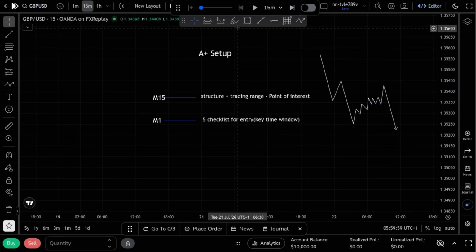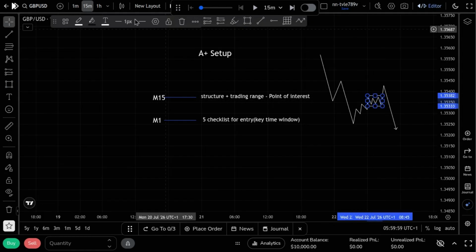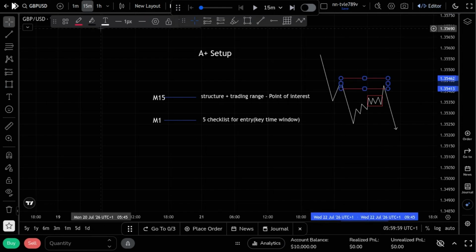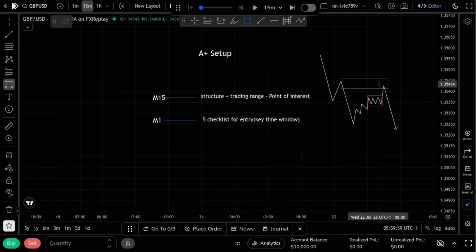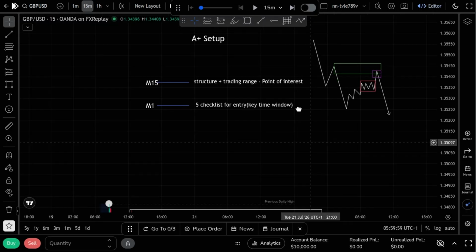So if you understand what I'm saying, an Asian range, I'm gonna put this in red for more understanding. POI, green, M1 confirmation within a time window. That is basically an A plus setup for me. Time in price. So anyways, let me give you a typical example using the chart with the trade that I